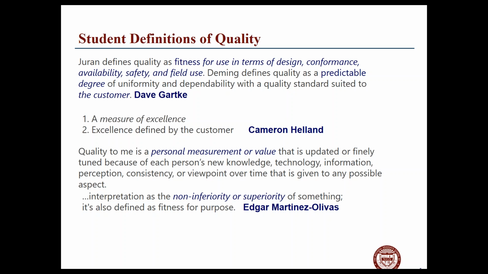Okay. A couple of things that you added in your definition, I want to highlight, that may be a little different from what we've seen up to this point. One is that quality is predictable. In other words, when I jump in the car and turn the key and it starts every time, that's predictability. One of the things about quality is, can we forecast what it's going to be? How is that process going to perform not only today, but tomorrow and so on? So quality allows you to do that.